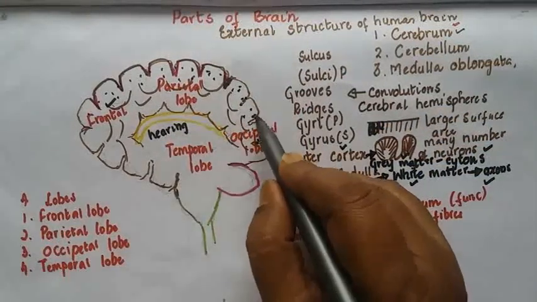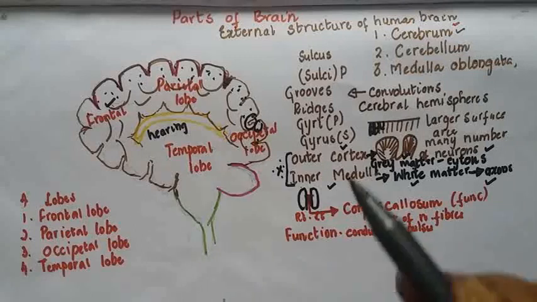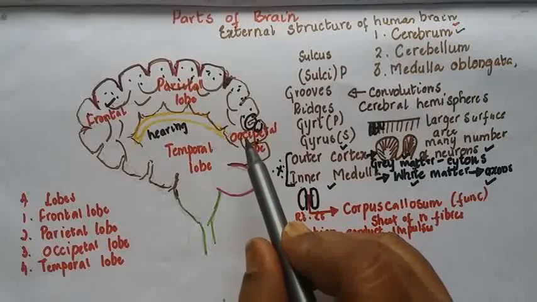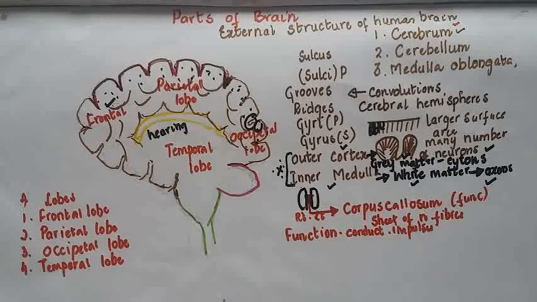Again, in the occipital lobe we have special neurons which respond to vision. Whatever objects we look at, all those impulses are carried to the occipital lobe,